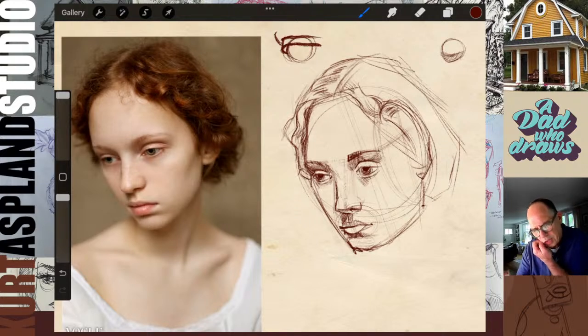If you live in Northern California, I think there's a museum outside of Sacramento that has a lot of his work. I'm telling you, one of these days I would like to go out there and actually see some of his paintings.